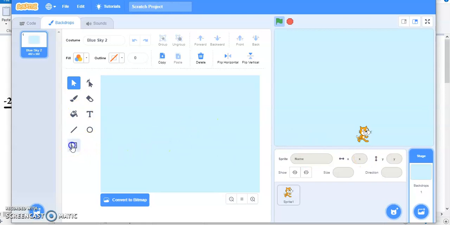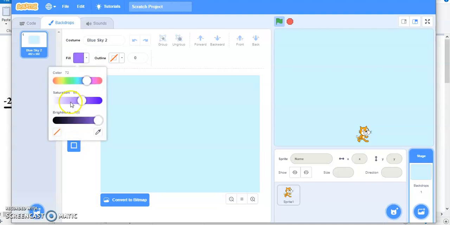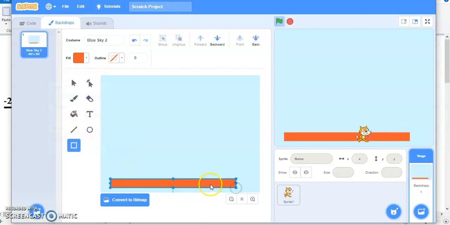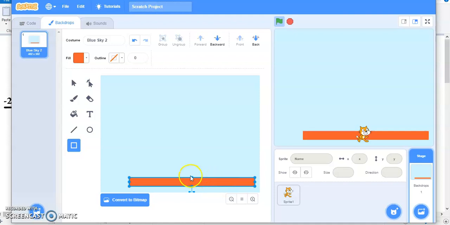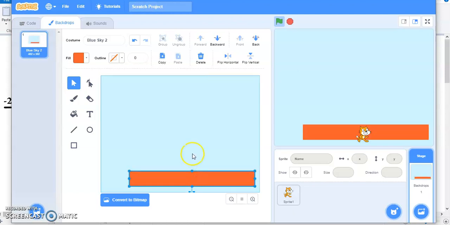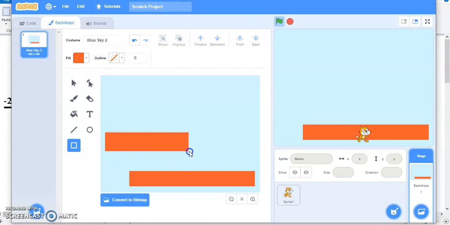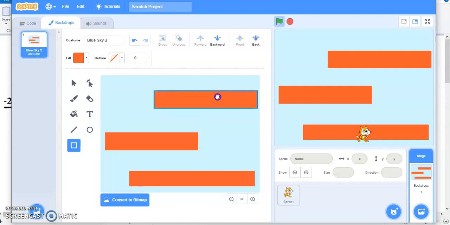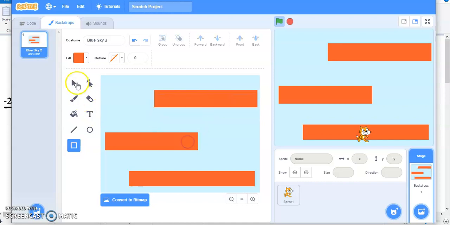Now over here I'll make some blocks through which this cat is going to move. Let me change the color first. Increase the width. Select them first. Increase the width like this and draw one more. This one, drag it like this and click.